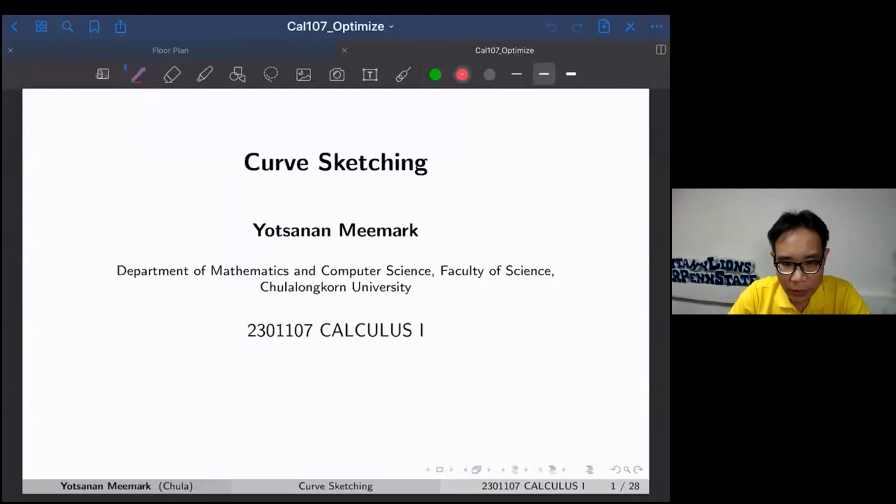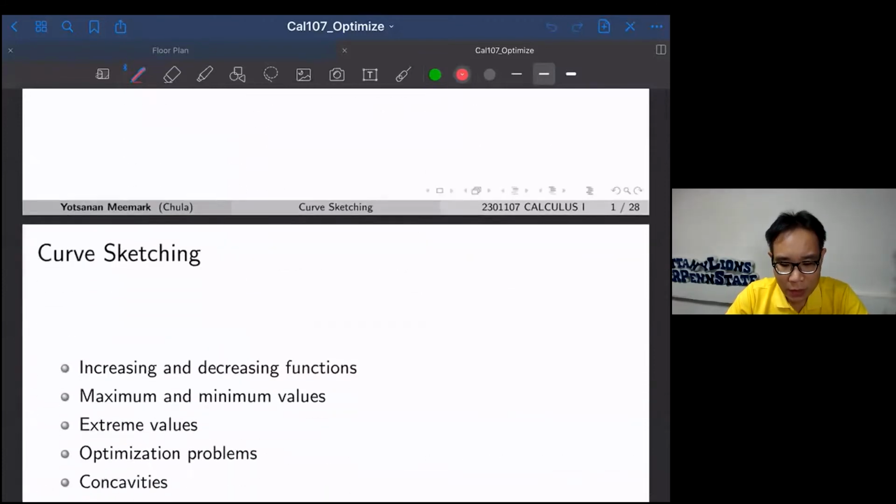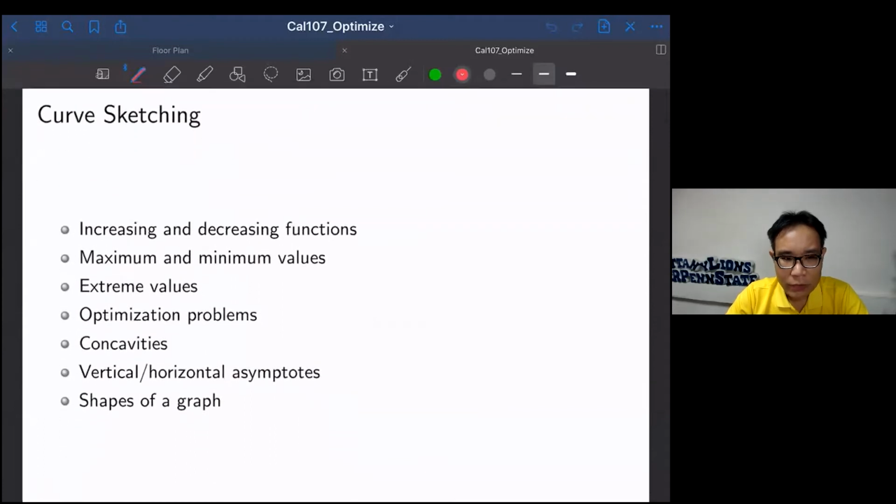The next topic that we're going to study is other applications of derivatives of functions. This topic will be kind of important in order to study calculus. Curve sketching is going to be our objective. However, before we are able to do the curve sketching, we're going to have to go through many topics, as you can